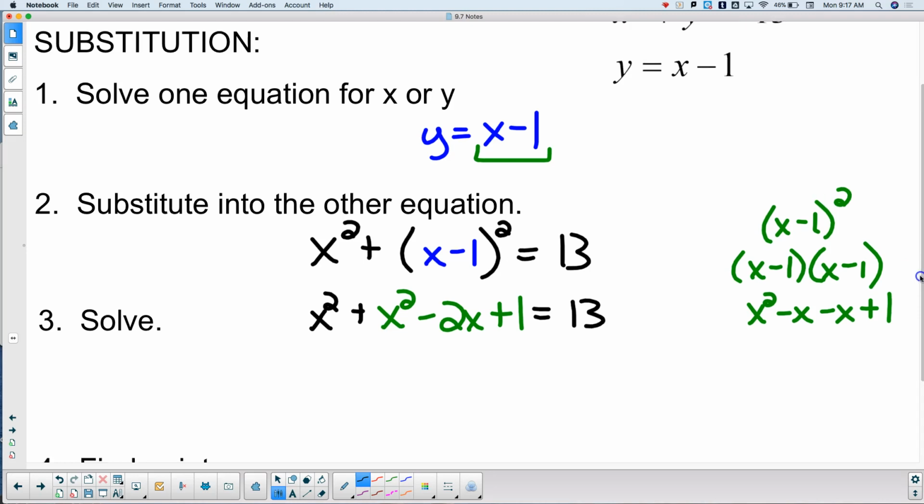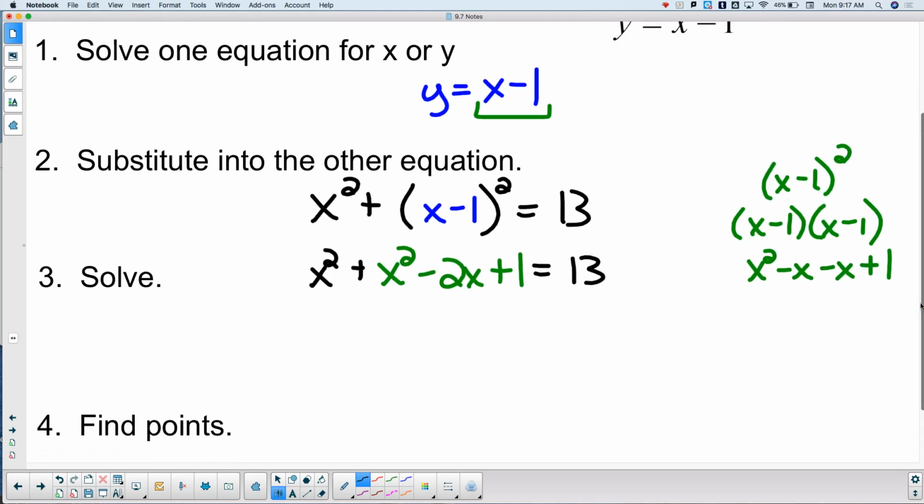Since I have a squared term that hasn't gone away yet, I'm going to make this 2x squared minus 2x minus 12 equals 0